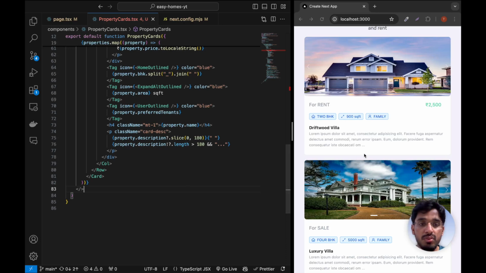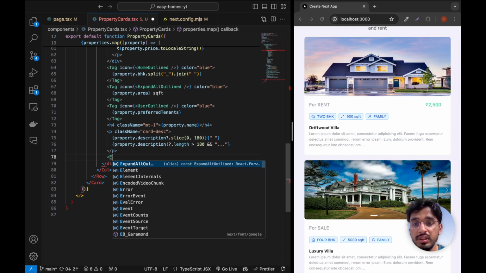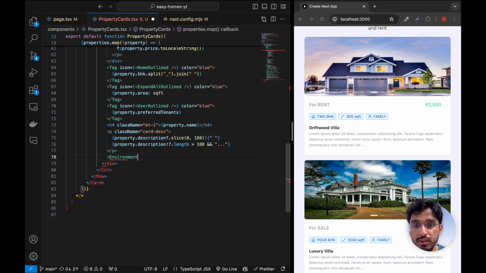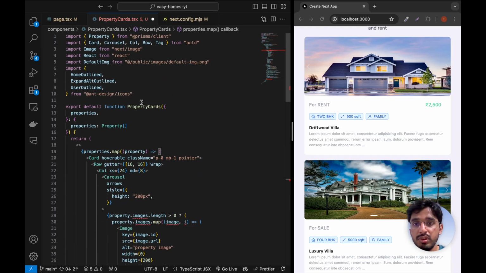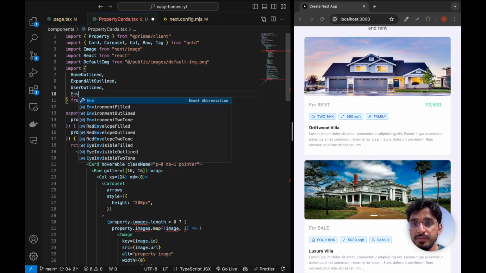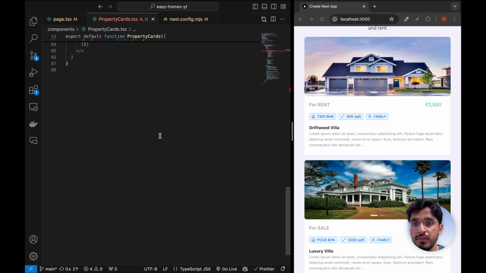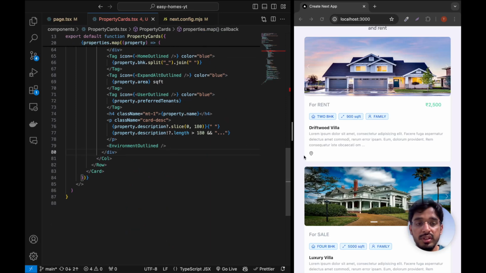So now we just need to display something else, like the location for this property. So let's go right below this and render another icon for the location. That is going to be EnvironmentOutlined, and let's import that as well. Alright, so we should see that icon here, and after this we are going to display the address of this location. So property.street,